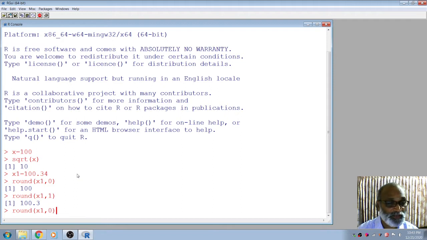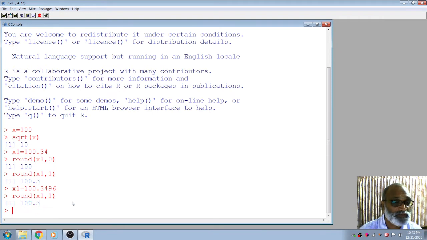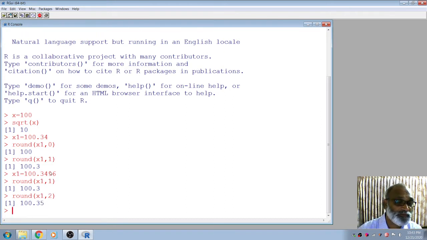Okay, suppose your x value is like that, 396 like that. Let us assume this x contains 4 places after the decimal. So there are 4 decimal places. If you want to round x to one decimal place, only one digit will remain after the decimal. Suppose I want 2 decimal places, then you see 35 means it is rounded. 49 becomes, there is a value above 5, so this 4 becomes 5 like that.